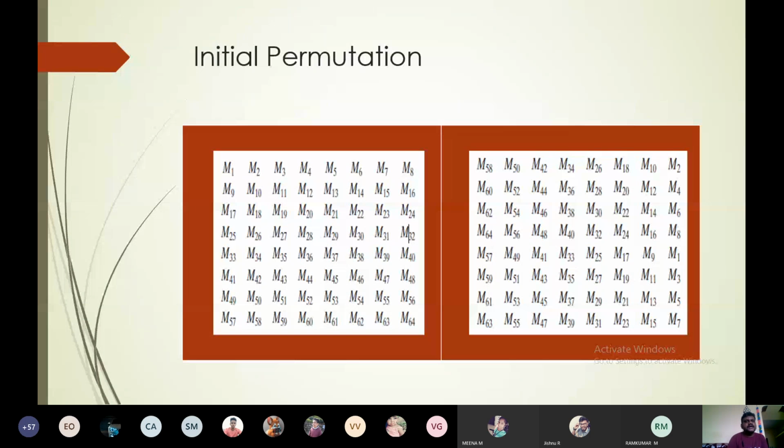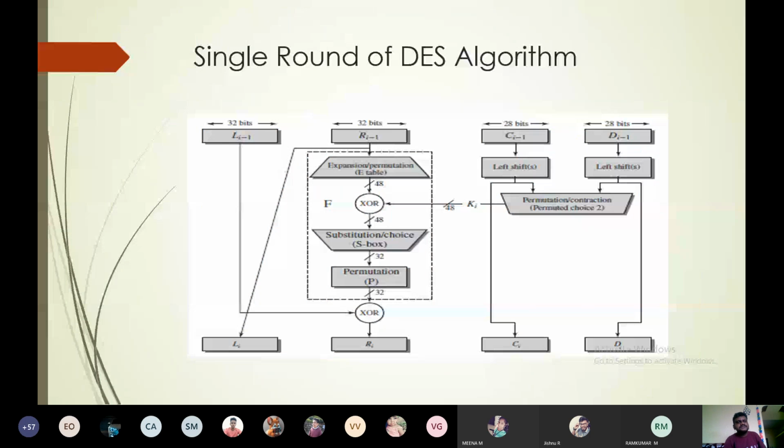After initial permutation, that data is entered into round one. In that round one, what happened? This is the diagram in which we have explained round one. Here also, the third diagram is the substitution box diagram. Just keep it in mind: the size of the bits is very important. Please understand and be keen on it. If you change any of the bit size, your total answer will be wrong.